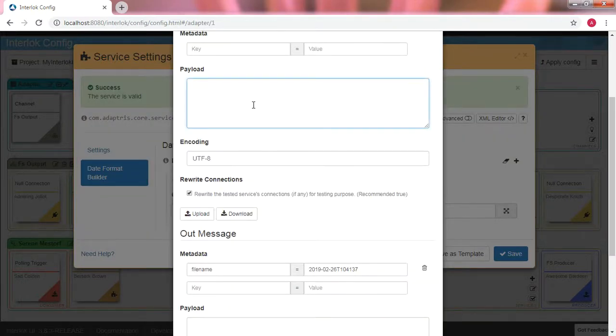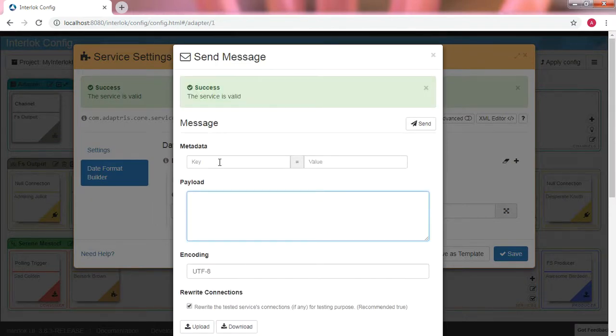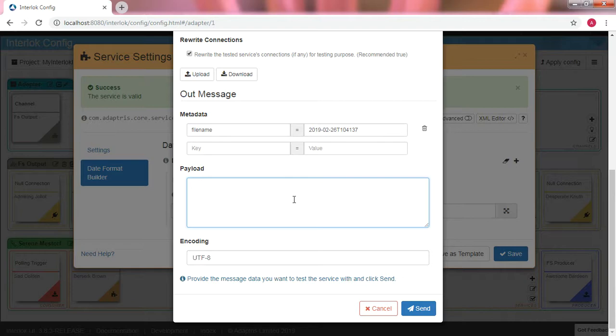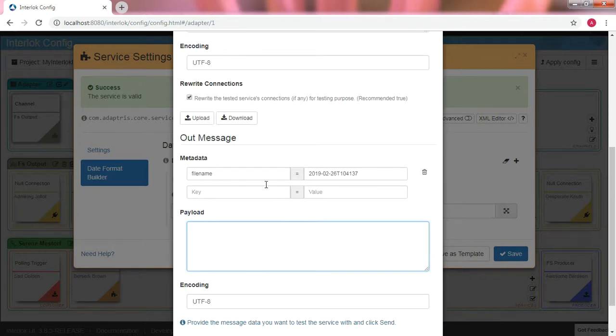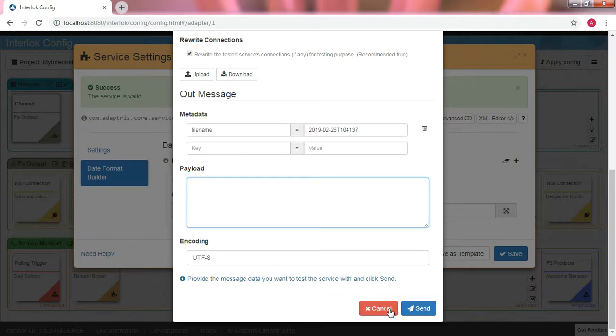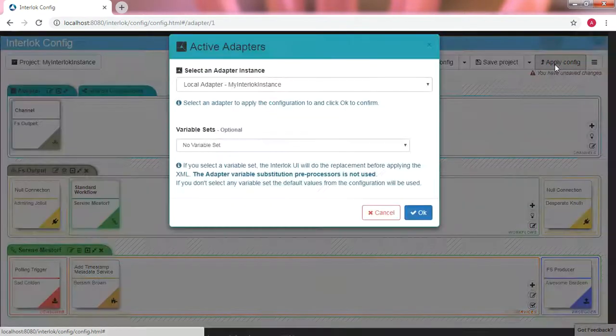The payload on the output was empty on the way in. There were no metadata keys going in, but we've tested this service, sent through an empty message just to test, and the output puts the date and time into a metadata key called file name. There's still no payload. There never was. That's okay. So hopefully, if we click cancel, because we don't need to test this anymore, and save that, and apply the config,